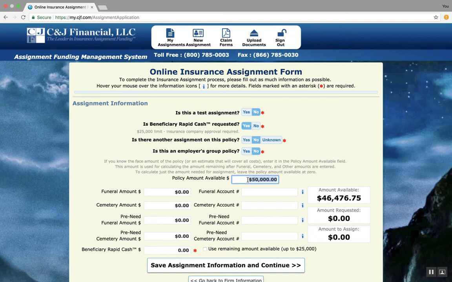If you don't know the full value of the policy, you simply put in the actual amount of the funeral over here. And let's say that the funeral amount is $7,550. And you're going to be passing C&J's fee directly along to the family. You would put the amount of the funeral in there, and it would show you the actual amount that will be assigned. So the amount requested and funded to the funeral home would be $7,550. The amount of the assignment, which includes C&J's fee, would be